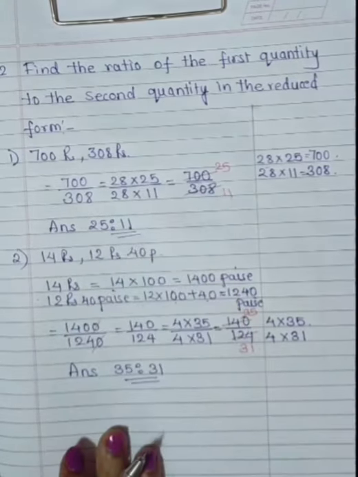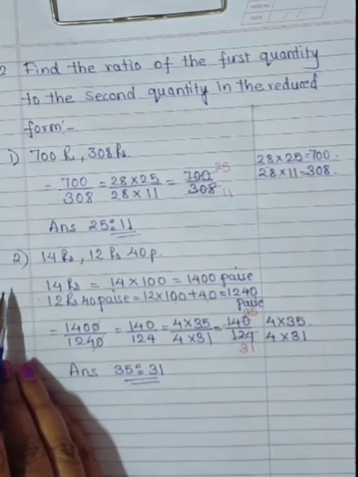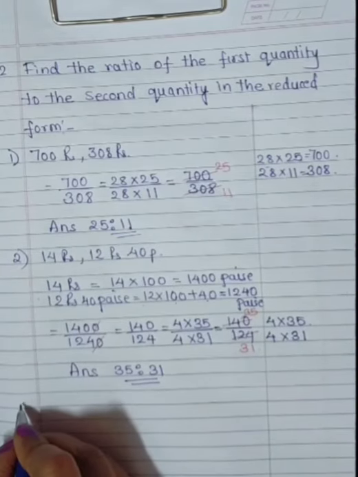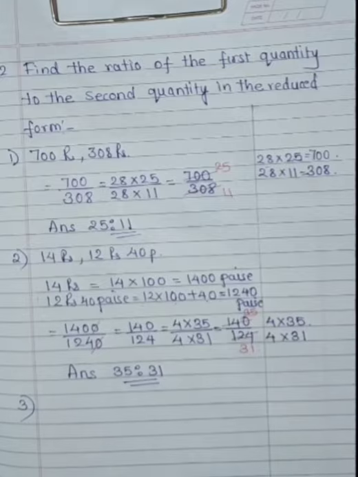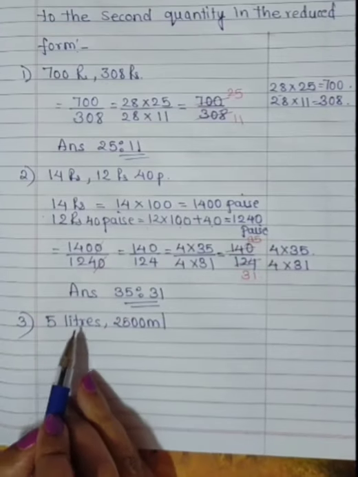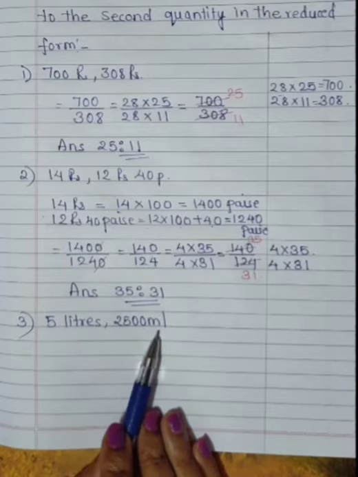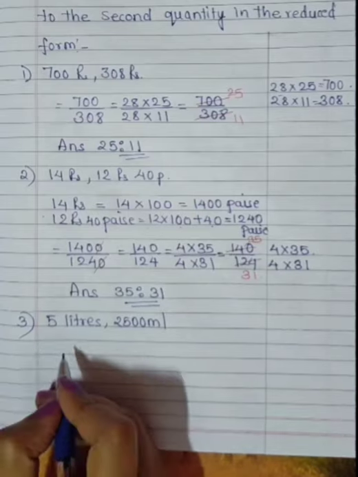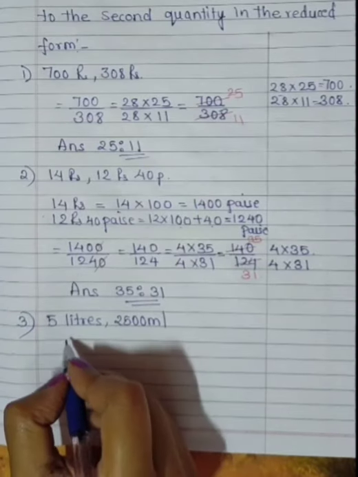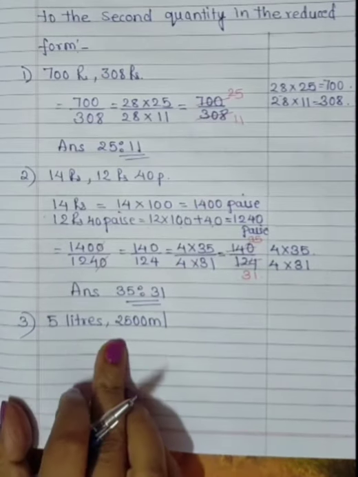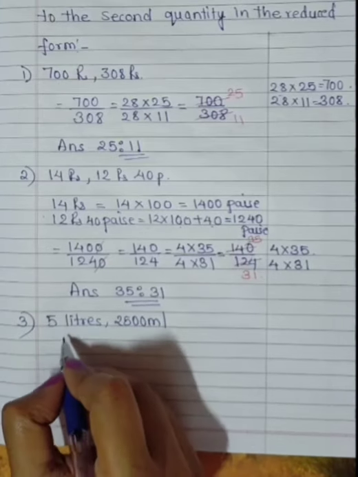Okay, we have solved question number 1 and question number 2. Now we are going to solve question number 3. The third question is given 5 liter and 2500 milliliter. I am writing, first we will convert this into milliliter. So I am writing here